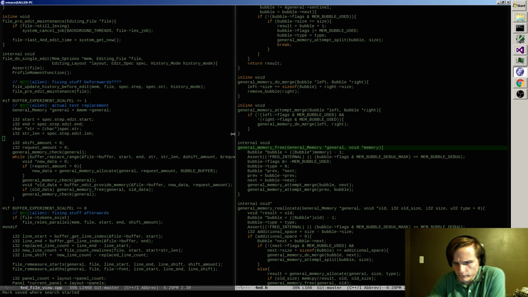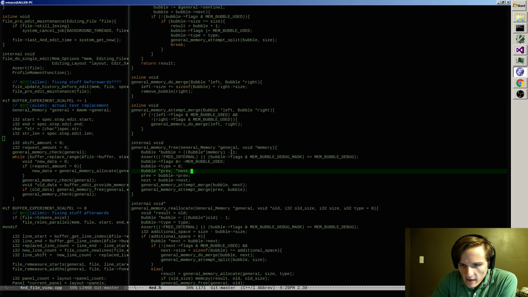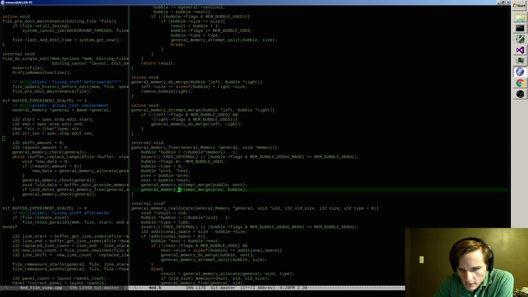So we have a pointer who is trying to get freed. We get the bubble from that, which we do by just looking, yep, at the header